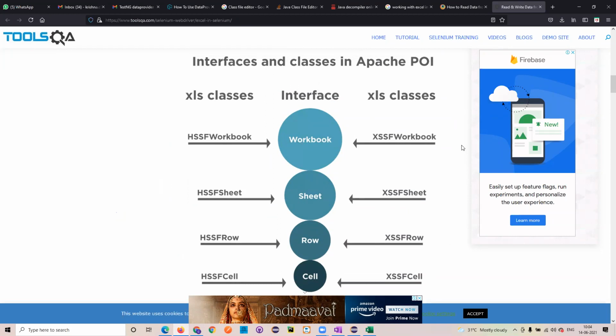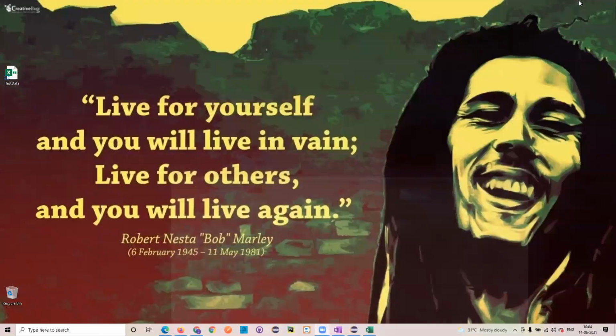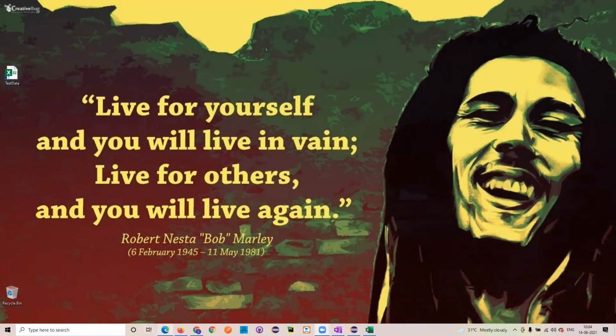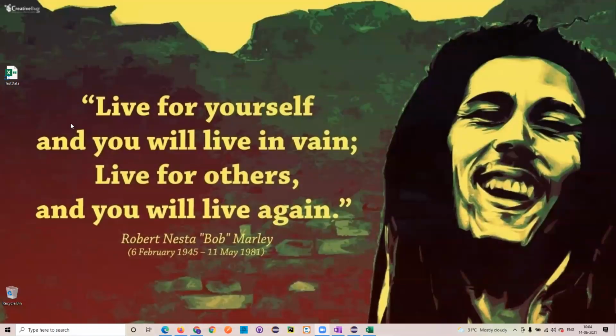If you wanted to play with a workbook, then you'll be using this particular class. If you are trying to open a particular workbook and want complete control over it, you'll be using the workbook class. Consider that in a particular folder I have multiple Excel books, and I wanted to play with one Excel book, then I'll be using the workbook class.